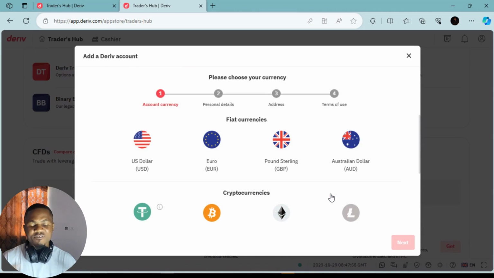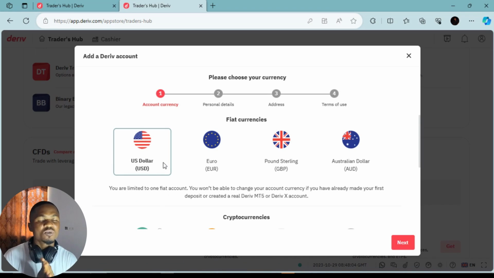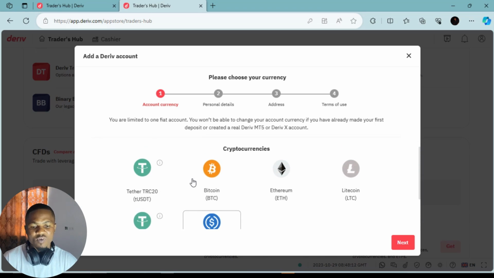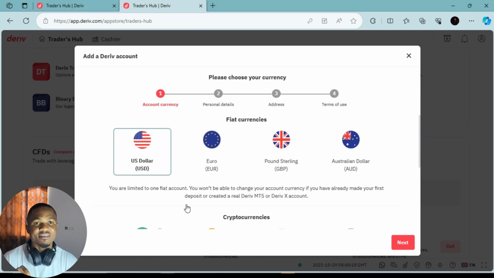Now when you are here, the first thing that you have to do, you have to select your fiat currency, right? Note, you can select a fiat currency. For over here, you only need to select one fiat currency. Once you select this fiat currency, you can go ahead and select any other cryptocurrency you want to use as well, at the down over here. But for this case, I'm not going to select any cryptocurrency. I'm just going to go with a fiat currency, right? I'll probably make another video to explain all these things in detail for you. Maybe, yeah, just in case you want to, just leave it in the comment below, and I'm going to check it out, right? After selecting my USD as my fiat currency, I'm going to click on next, and from here